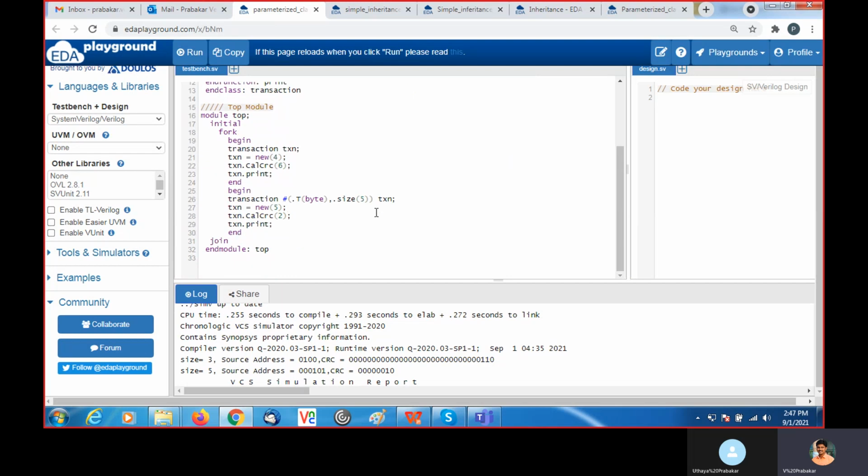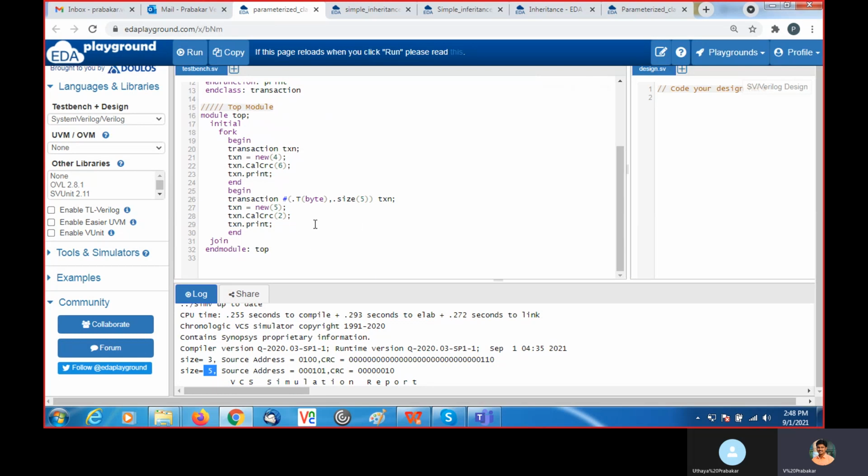I make it 5 here. During the instantiation, I am able to change the type as well as the value. Then I pass 5 for SA and 2 for CRC. So I am getting 2 here for CRC and 5 for the SA. And the size, now I make it 5.